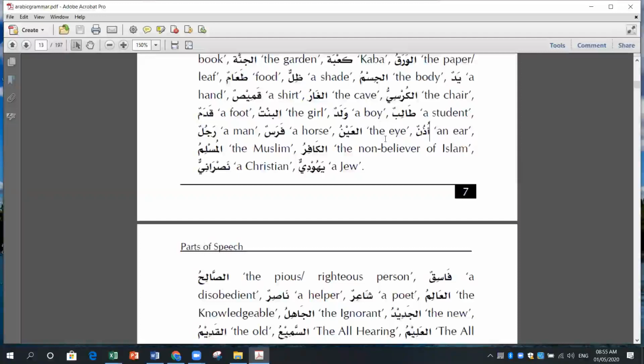So when there is double haraka, then it is a common noun. For example, talibun, student. It could be any student, talibun. But if I put alif lam, talibu, then it becomes the student, a specific student. And alif lam and tanween cannot come together, because either it's a proper noun or a common noun. If it is with alif lam, then it is proper, and if it is tanween, then it is common. So it can be only one of them.